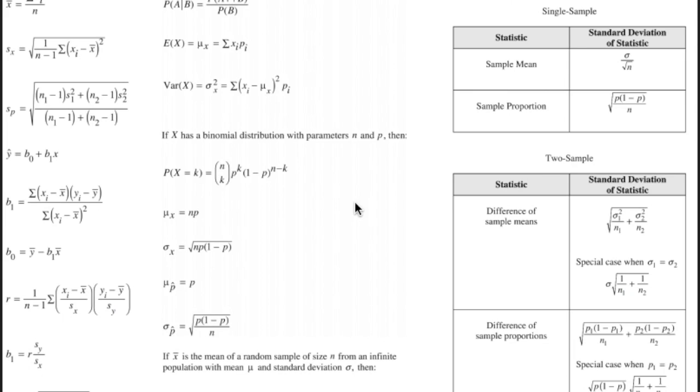I just wanted to go through the formula chart real quick so you know what you have, how to use it, and what problems to use it on. This first column is descriptive statistics. We typically don't use this, but it has a lot of formulas that we would find from the calculator. Things like slope, how to find an average, R by hand if you wanted to do that. But again, we don't really use those because we can do so much in the calculator or we're given the